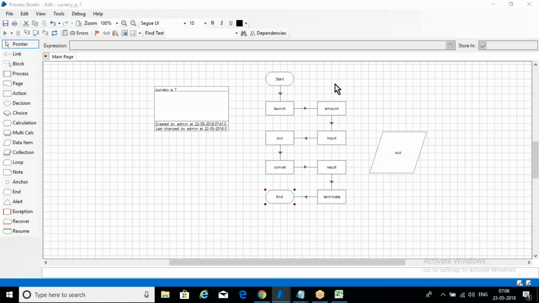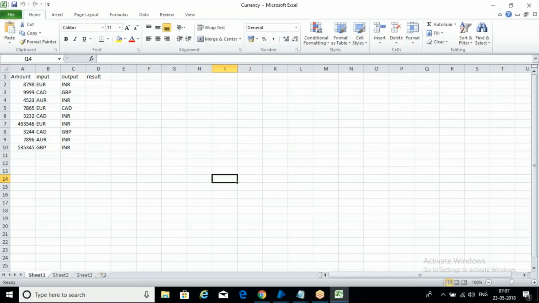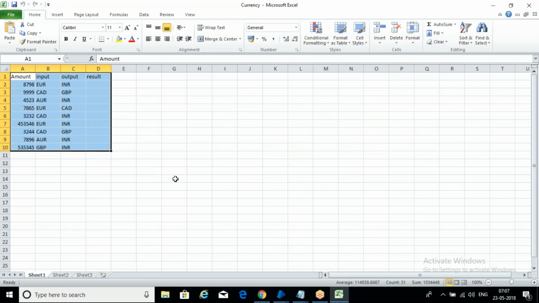We automated that application with hard-coded values. So when you run this, the hard-coded values we gave when we created the actions are taken every time. But our requirement is that we need to pick the data from this Excel file and give it